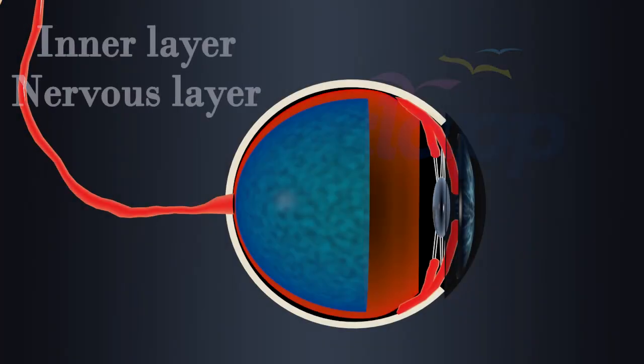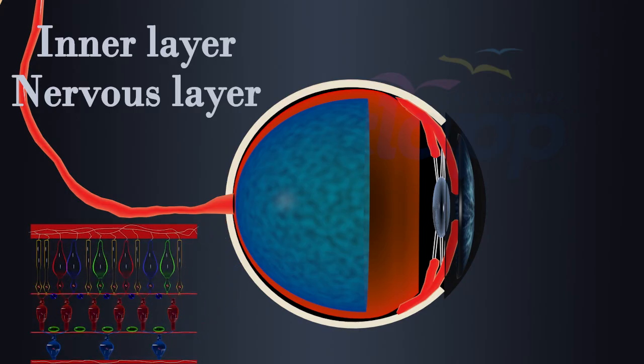Inner layer or nervous layer. The retina constitutes the innermost layer and is made up of nervous tissue. At the back of the eye we have the retina, a thin layer of tissue that contains millions of specialized cells called photoreceptor cells. There are mainly two types of photoreceptors, rods and cones, which convert light into electrical signals that